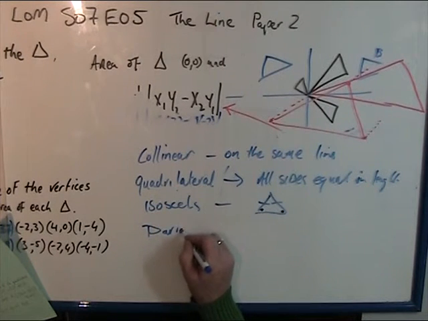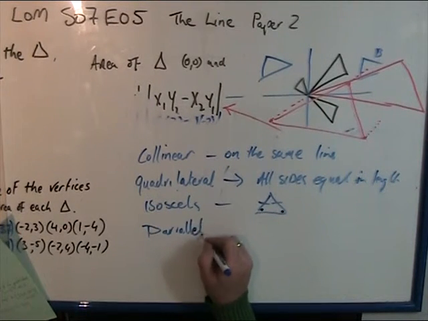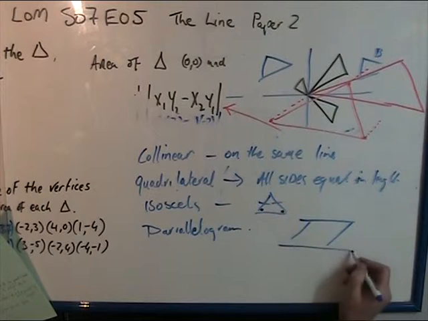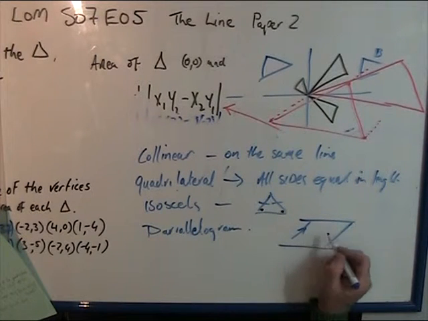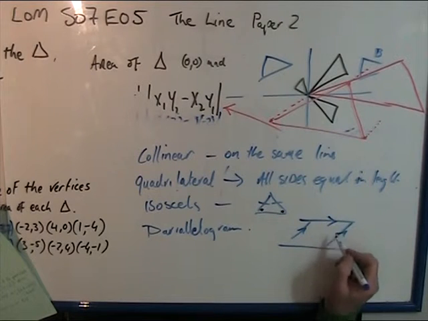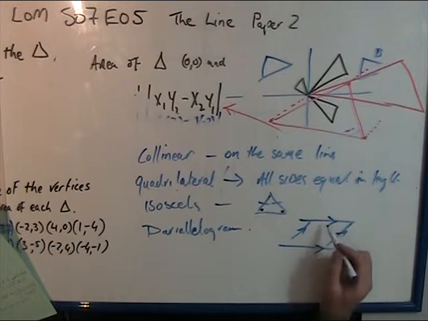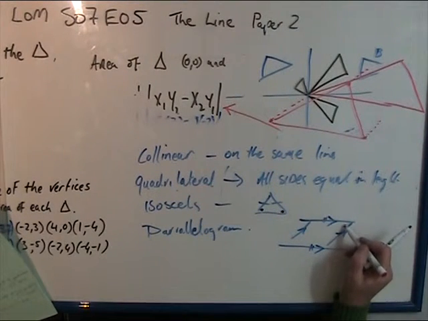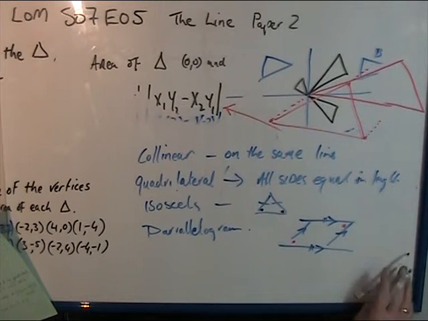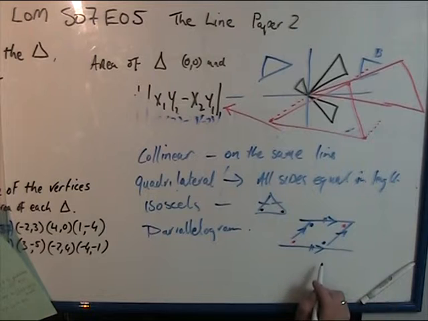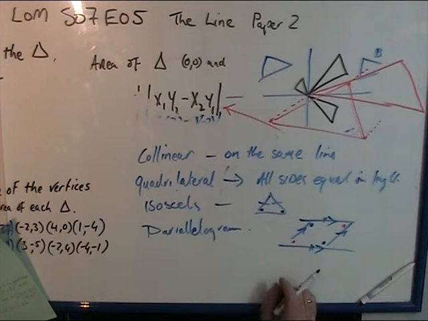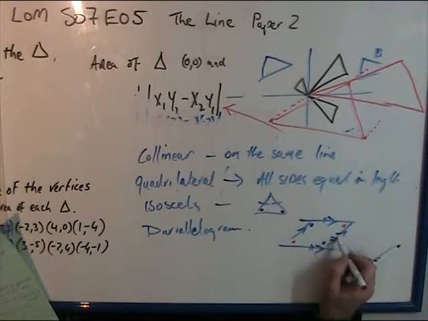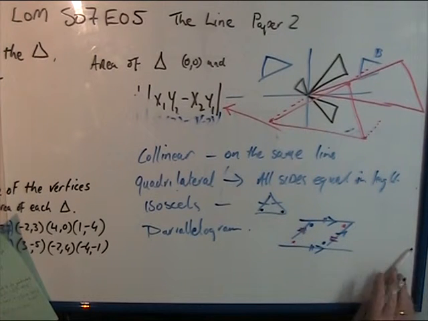And a parallelogram is something that goes like this. Okay, so they're slanting, right? So this side is going in the same direction as this, and this side are the same. So in other words, their slopes, opposite slopes, are equal. Okay, and so are their sides, and so are their angles. Now this is a bit of geometry here. They're equal. Okay, opposite angles and they're equal. So there's a lot of things going on here with parallelograms, which is not really involved here, but I mean it gives you an idea what's happening. So those, remember, opposite sides are equal. Now opposite sides meaning those two sides are equal and those two sides are equal. Okay, and angles, opposite